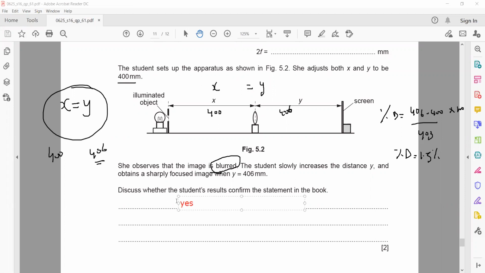Yes, and the reason is that the percentage difference between the two values is less than 10%, which shows the result is within experimental